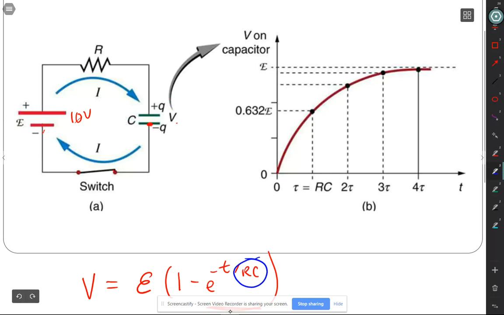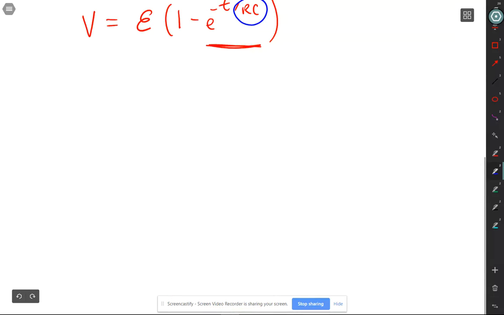Where would something like this be useful? Well, let's say you have a camera flash. Your camera flash